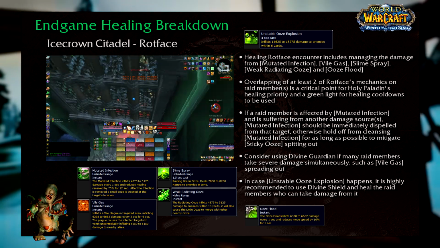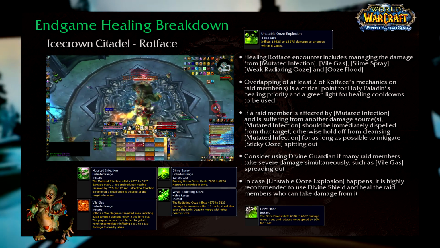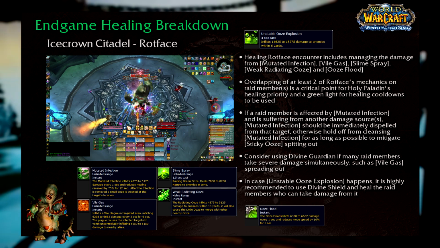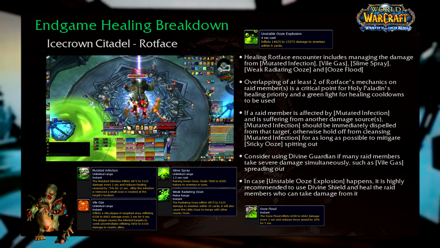Rotface. As a pre-pull preparation, 10 seconds before the pull you should cast Beacon and Sacred Shield on the main tank and proc the Light's Grace buff by casting Holy Light. On pull, cast Judgment on the boss to proc the Judgments of the Pure buff and run to the melee range of the boss, as this is the optimal position for Holy Paladin